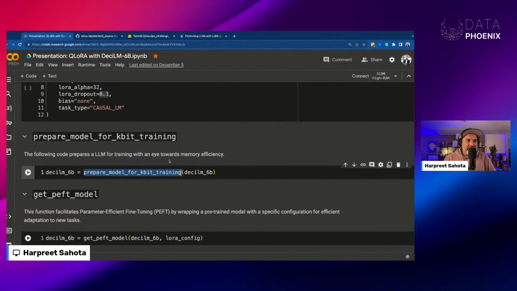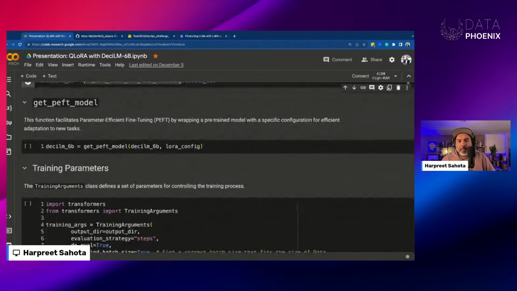quantized, or if we have gradient checkpointing enabled, this is going to ensure that the inputs to the model will require gradients. So this is done by either enabling an existing function in the model or by registering some forward hooks. It's then going to check for compatibility with gradient checkpointing, and if everything's compatible, it just enables gradient checkpointing with appropriate arguments to make the training more memory efficient. So pretty much this function just ensures that the model is ready to be trained under the constraints necessary for QLoRA.